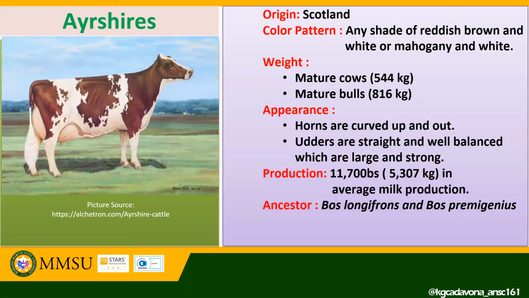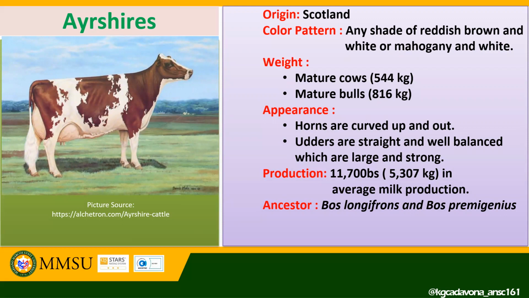Then lastly, we have the Ayrshires. So the Ayrshire breed originated in Scotland and was developed during the last part of the 18th century. Now, with its description for its color pattern, the Ayrshires basically have any shade of reddish brown and white, or mahogany and white, or any shade of cherry red, as you can see in the picture. And with regard to weight, Ayrshires are vigorous and strong, and they are also, just like other breeds, excellent